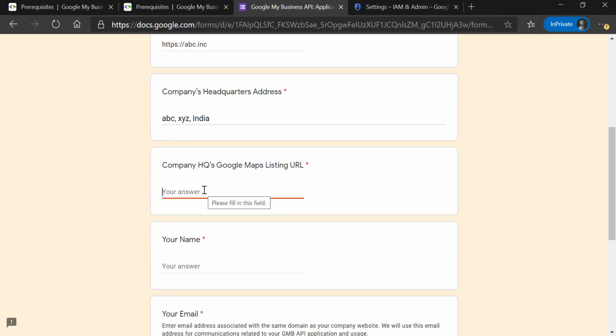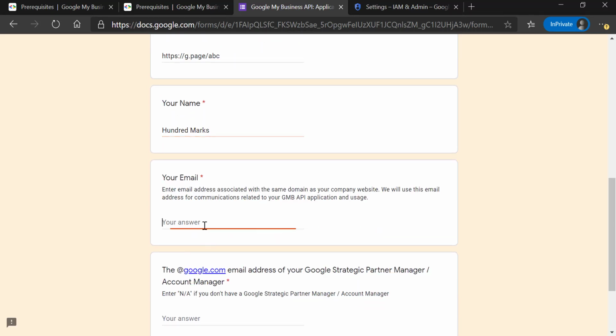Company headquarters Google Map listing, we would say g.page/ABC. Your name, I would say 100 marks. Your email ID, in order for communications from the GMB API team, I would say hello@100marks.in.